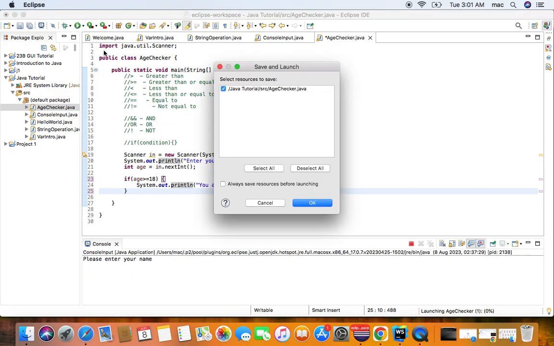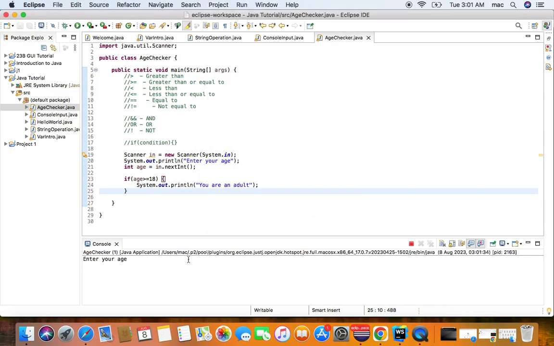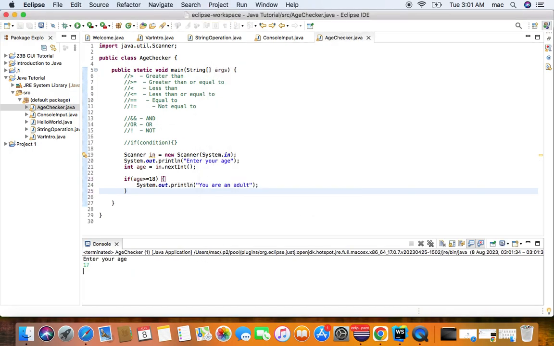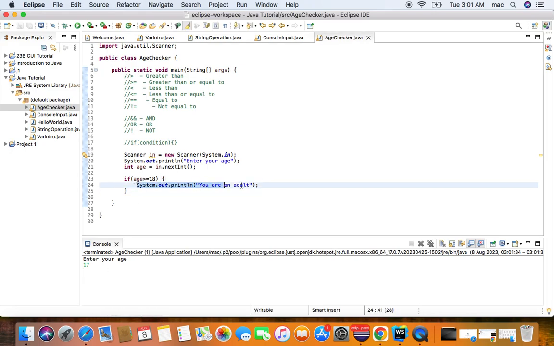Let's say we input 17. Nothing happens because we only stated it should print out you're an adult if this is greater than or equal to 18. So we have the else, which can print out something if this is false. So if we have the else, we can make something else happen if this is false. So you have the if like we had, and then this else,